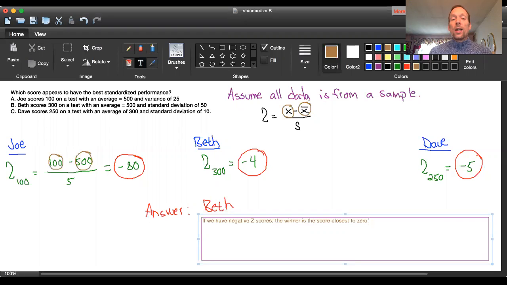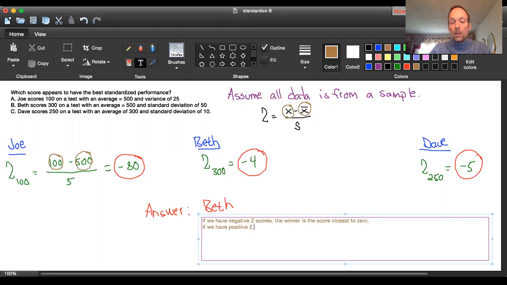We're kind of implying that a high score is the best. We also have to be really careful to look at the context of the problem, because it might be the case that a low score on something is actually better. So whatever the situation is that you're using standardization on, always make sure you're looking at what the exercise is communicating. Look at the context and ask, is this something where I'd actually want a lower score rather than a high score, like a game of golf, for example. So again, if we're talking about scores on exams,